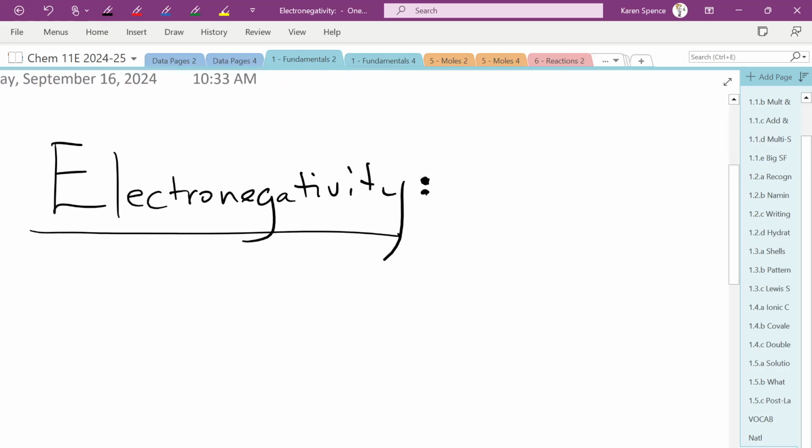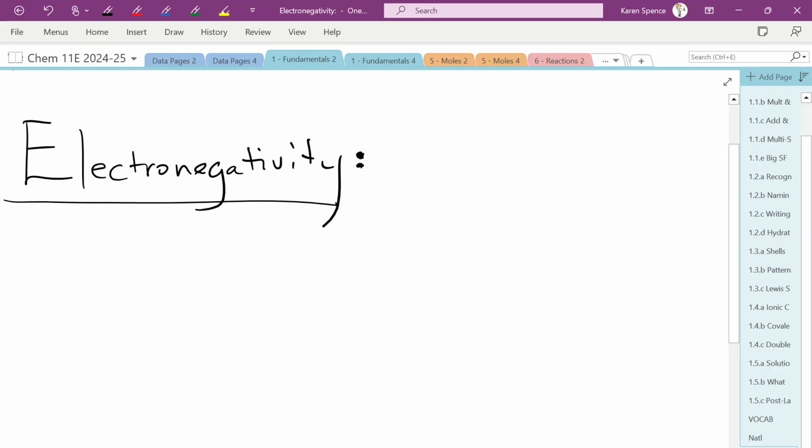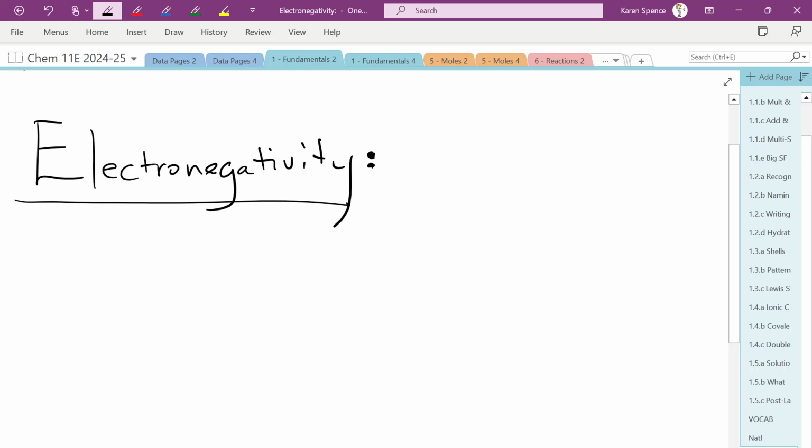Okay, because electronegativity is such a big long word, we will often abbreviate it EN. Yes, because it's just so long. And electronegativity is the ability